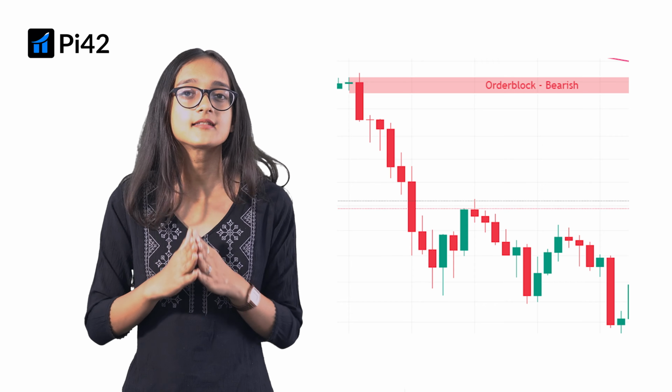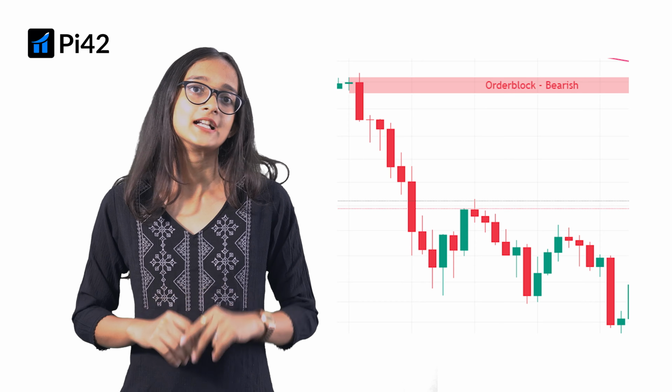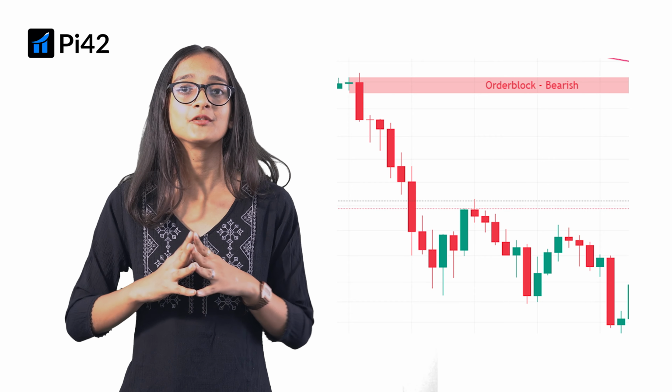Now, bearish order blocks usually appear at the end of an uptrend or in a pullback. It's when institutional selling begins before a price drop. Take a look at the bearish order block in this chart. This time the market was going up, maybe even trapping retail traders into thinking the uptrend would continue. But then comes a strong red candle, reversing the momentum. Just like the bullish case, the last green candle before the drop becomes the bearish order block. This is where smart money started distributing their positions, selling to late buyers.